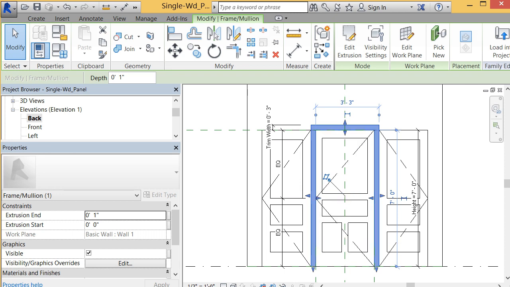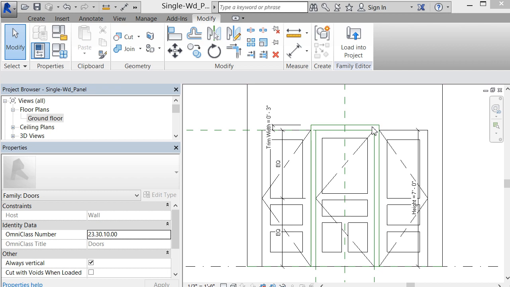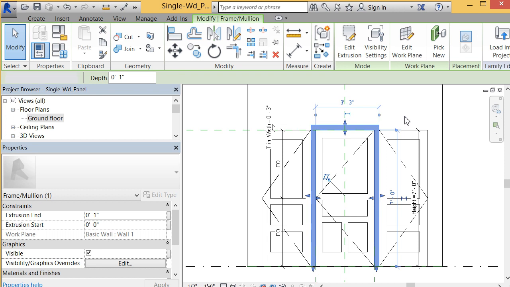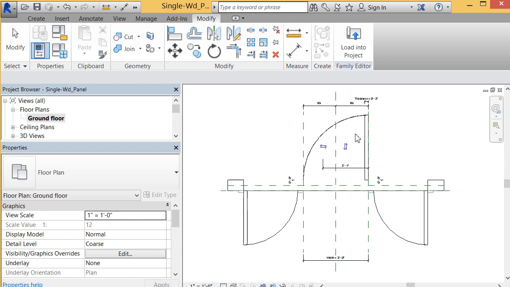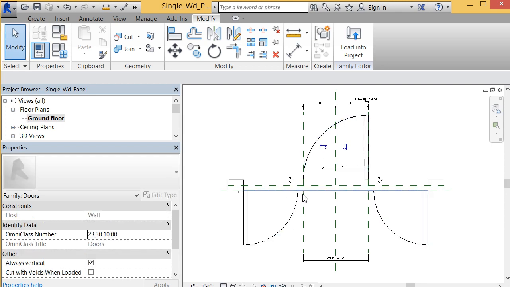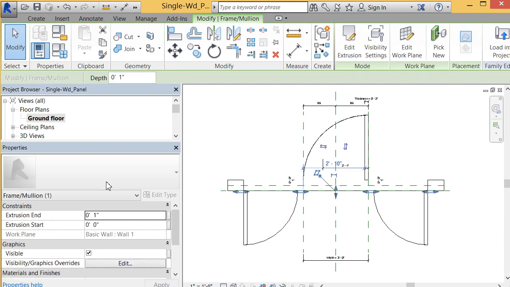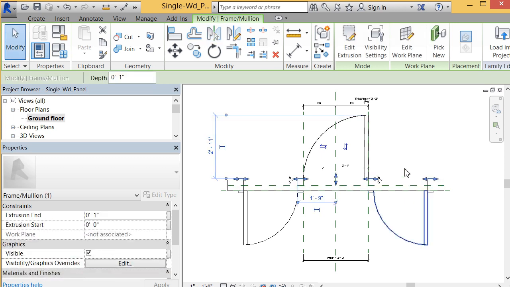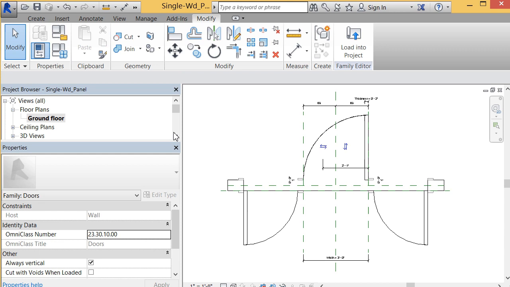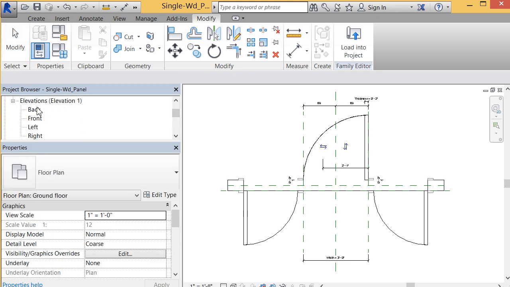And the easiest way to get that accomplished is to actually do it from the plan view. But let's delete this one, and I'm just going to simply copy it over, or mirror it actually, plan view. So this is the one we've already edited. Tab to select what I'm looking for, and simply mirror it across that wall center line reference. And we can go back to the back view of the door, and as you can see, there it is,